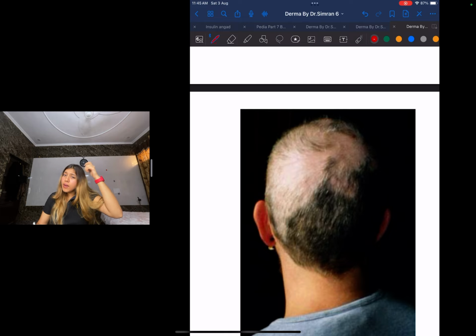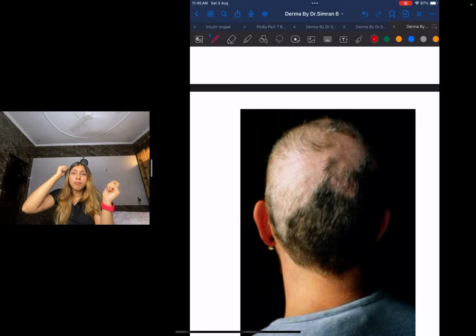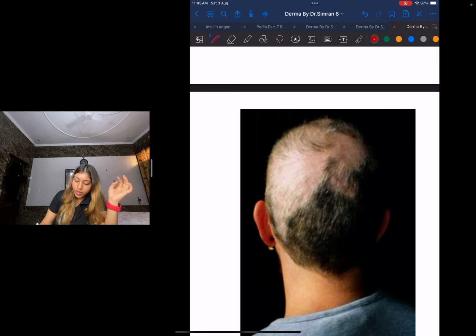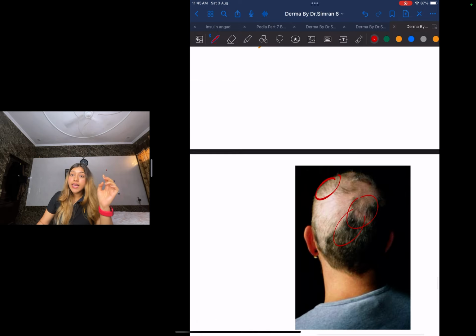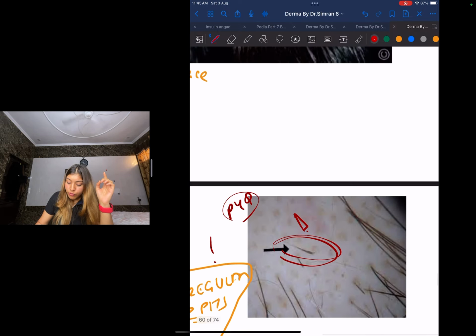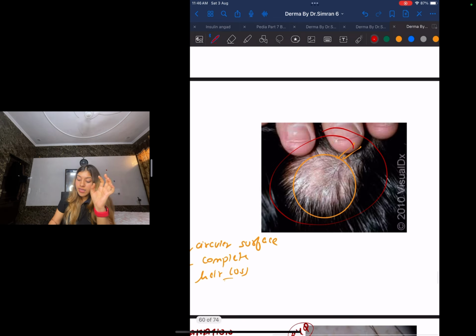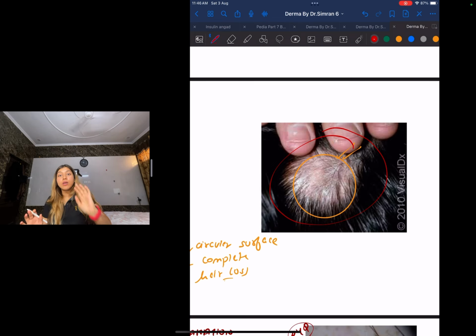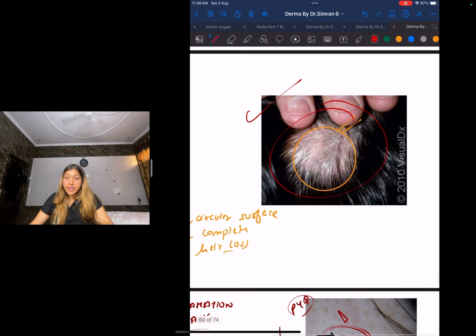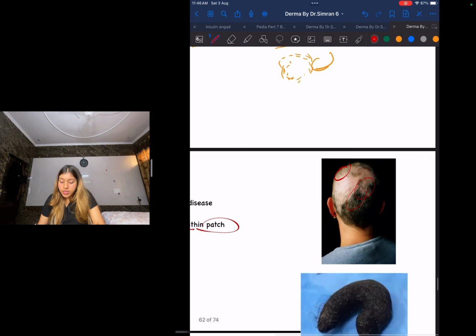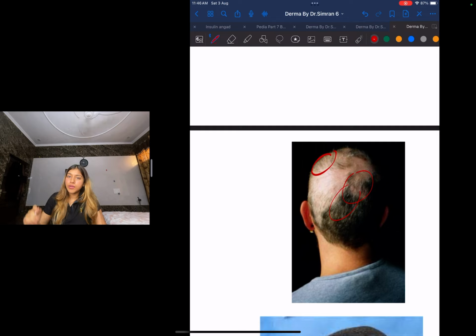They have plucked it from anywhere, here and there, okay. You can see it is incomplete, right? Whereas guys, in alopecia areata, I saw this beautiful, well defined, complete loss of hair, right? A patch that is complete. You will see this complete loss of hair in alopecia areata. Whereas in trichotillomania, it's the other way around. You can see the person has basically pulled it from anywhere. So this is how you will differentiate between trichotillomania and alopecia areata.